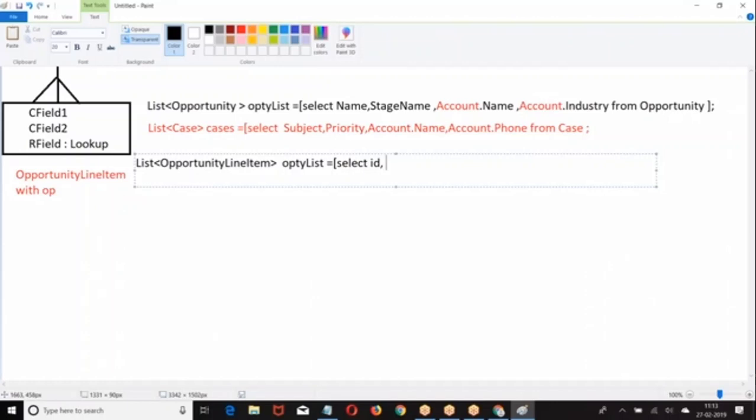Select Id, name, quantity, opportunity.name. This is how we have created.